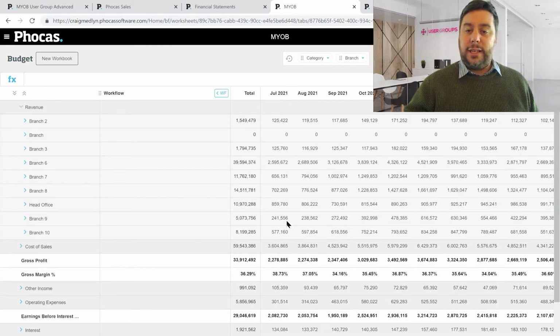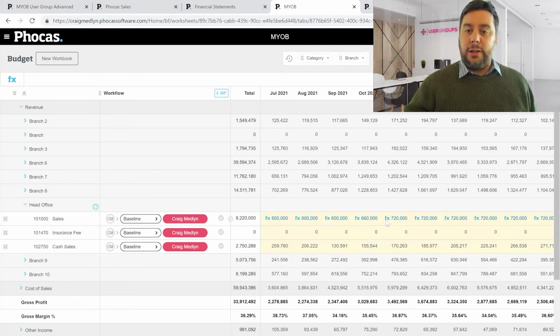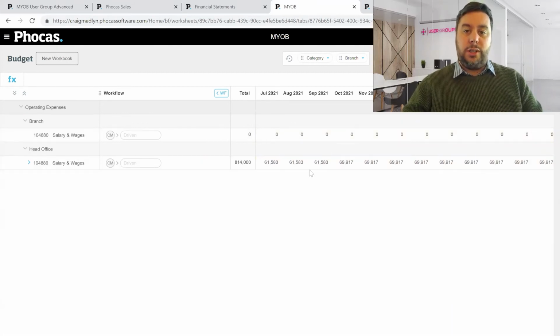I can actually see that I'm planning on some staff starting in November in this particular branch, and we can see that the cost is actually being adjusted based on average sales and that new head count. But we can also factor in the wage cost as well. We can actually see the wage cost jumping to factor that in as well.